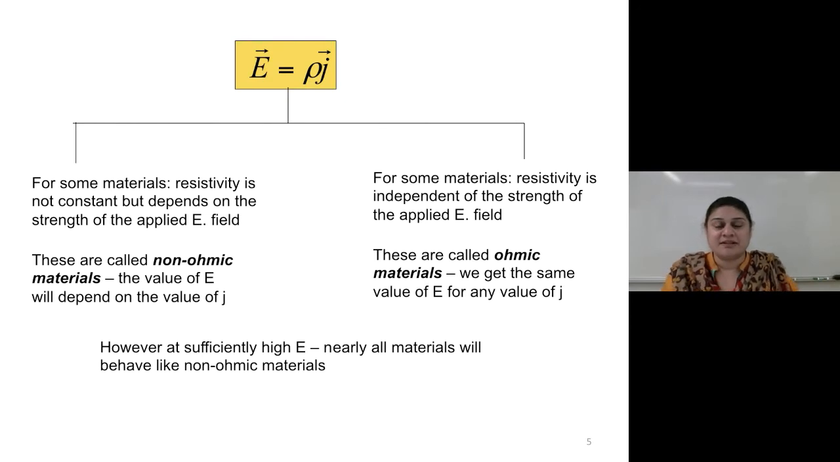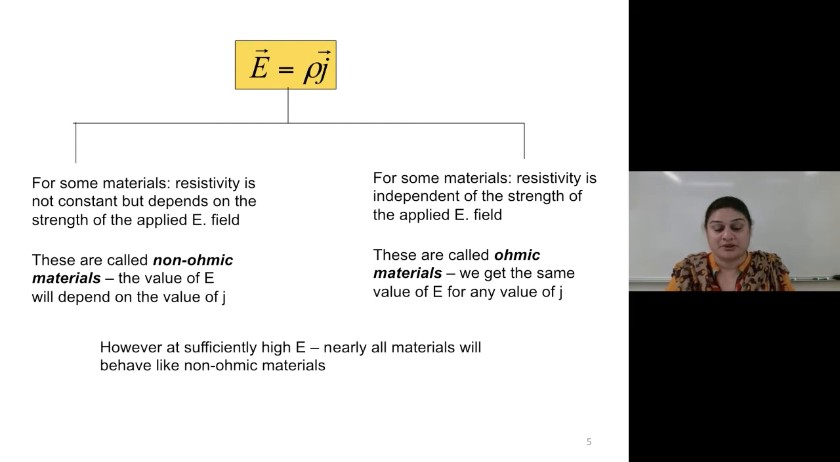There are a couple of things that we need to talk about when we talk about resistivity. We know E equals ρJ, where E is the electric field and J is the current density. For some materials, resistivity is not constant but depends on the strength of the applied field. For others, the resistivity is completely independent of the strength of the applied field. Those materials where the resistivity is not constant are called non-ohmic materials. The materials where the resistivity is independent of the strength of the applied field are called ohmic materials. However, we have to keep in mind that when the external electric field becomes sufficiently high, nearly all materials will behave